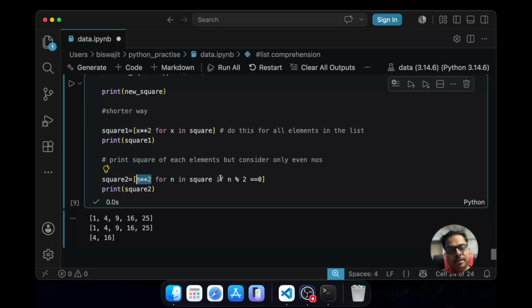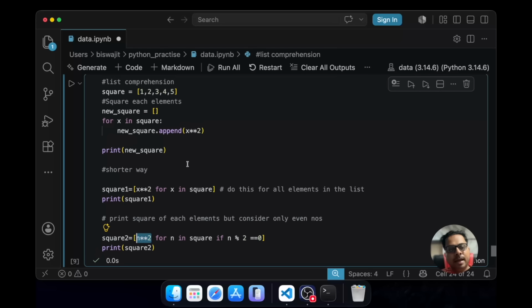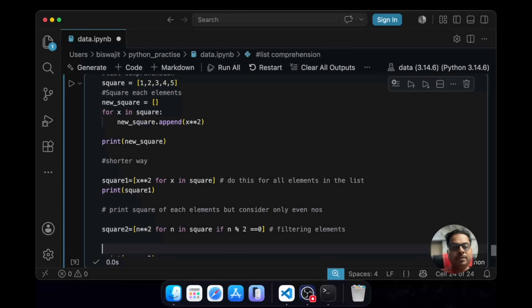From here, this is the list basically. n in square means n will iterate over each element. So n value will be 1, then 2, 3, 4 and 5. Then what I'm going to do is that I want this operation to be done on a list n which will have this element, but the elements should be even numbers, right? That's how I can use this. It is basically a way of filtering elements, right? Now let's just do one more thing